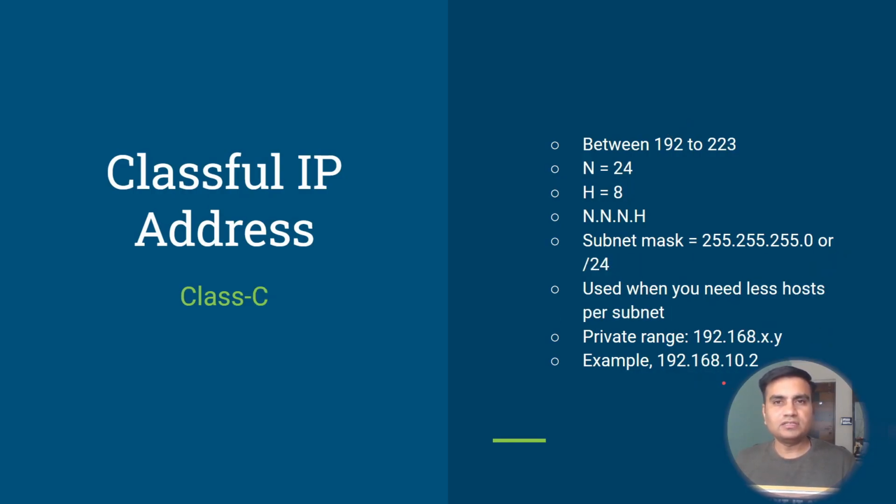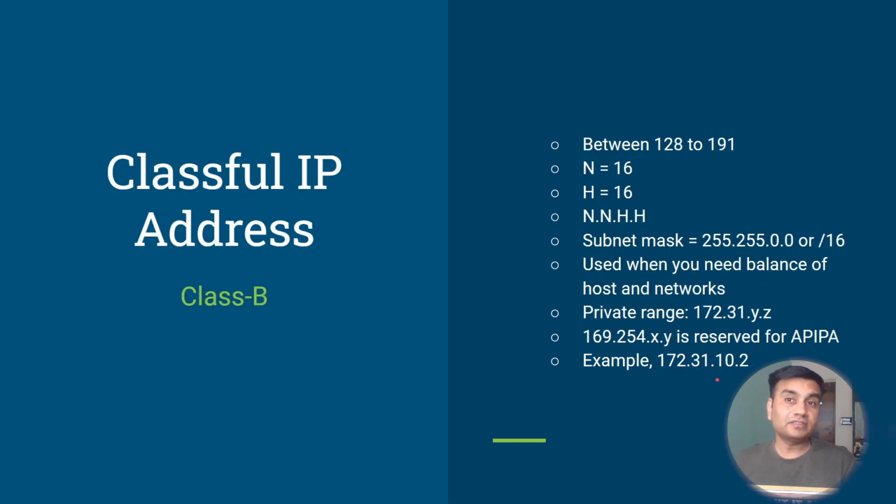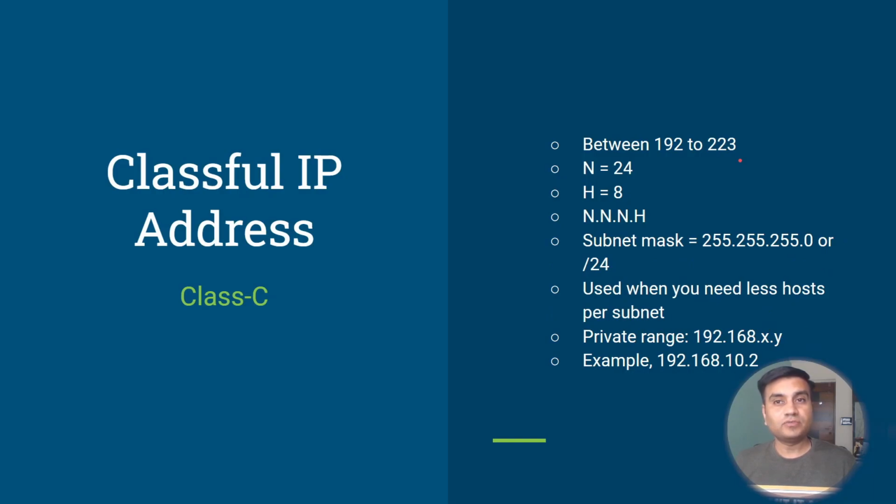Let's move on to class C. Class B ended at 191, so class C will start at 192. It starts at 192 and it goes on till 223. If you want to write the subnet mask, it would be 255.255.255.0, which means 8 plus 8 plus 8, so the CIDR notation will become /24. And in this again we have a private range, because if my server doesn't want to be on internet, then I should give a scope for a private range. So I have given